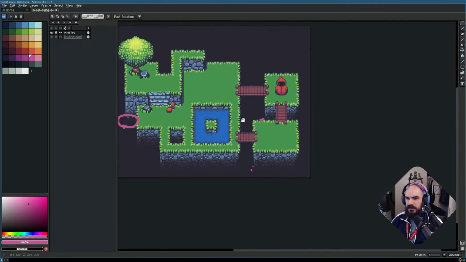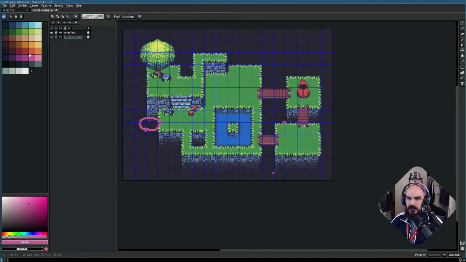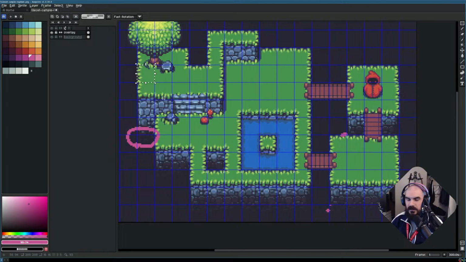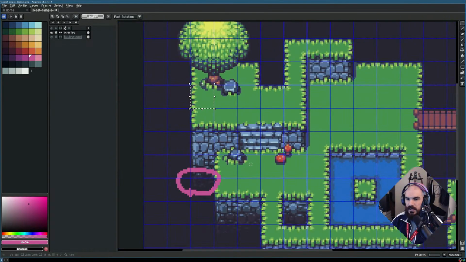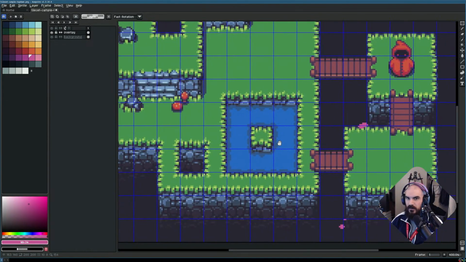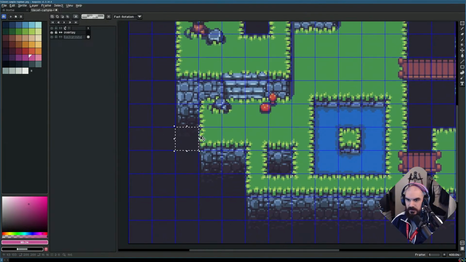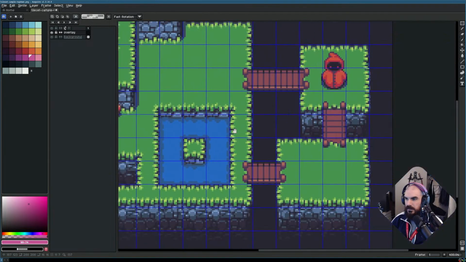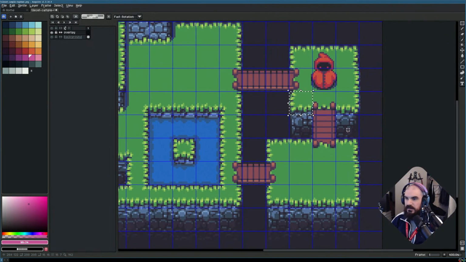And let's see. So my grid is 16 by 16. These tiles seem to line up to the grid relatively well. I can just hit delete on this layer, which is great. Yeah, and so you see this is like an extra tile on the bottom. And so we have this tile here. And so this tile